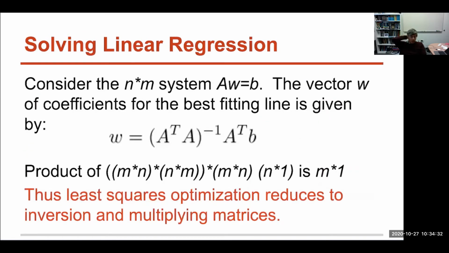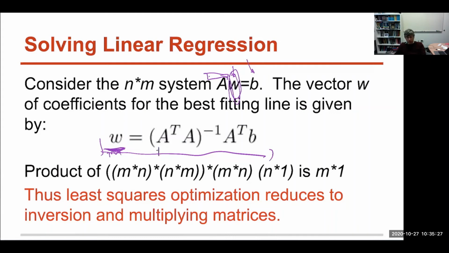So how do we solve linear regression? The standard thing you learned in linear algebra was basically this kind of an equation. Suppose we have our system, where these are our points. We want to take our data points and multiply them by a coefficient vector. The coefficients are what's defining the line, so that we realize the target values, the y values. The vector of coefficients that defines the best fitting line is given by W, and W is going to be